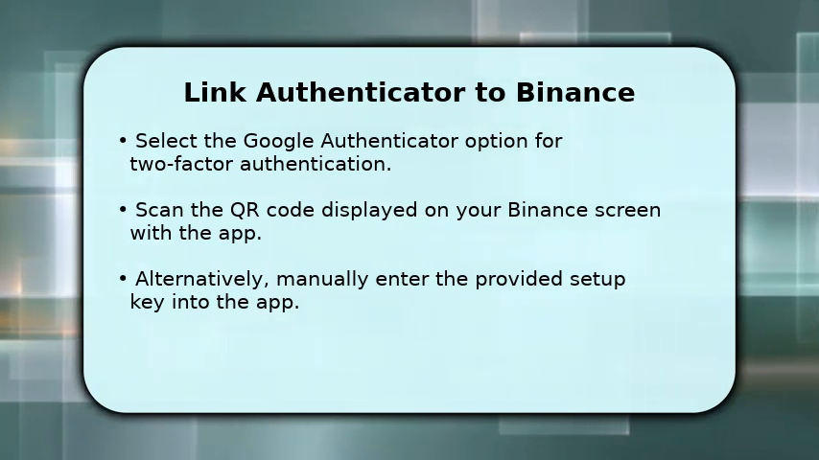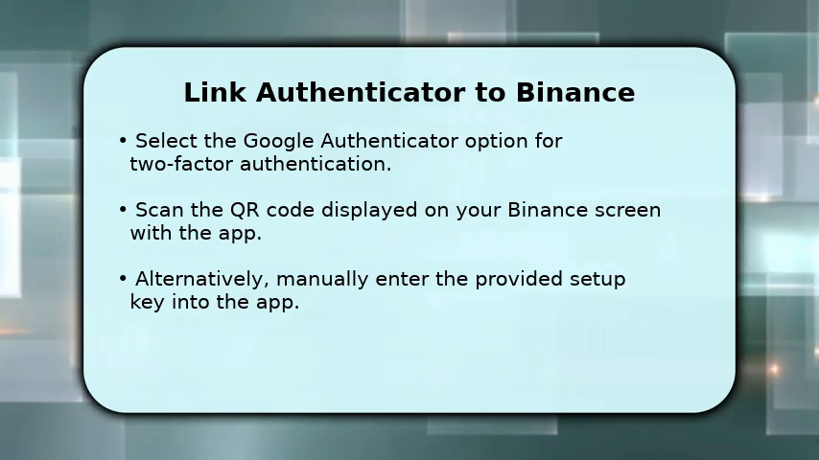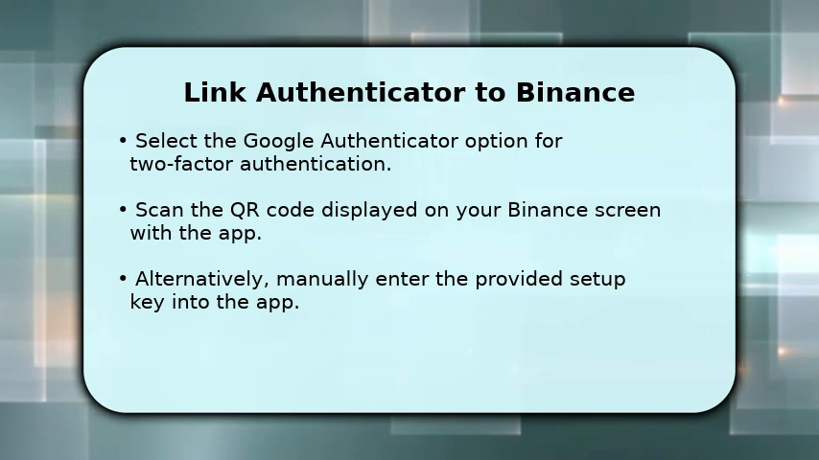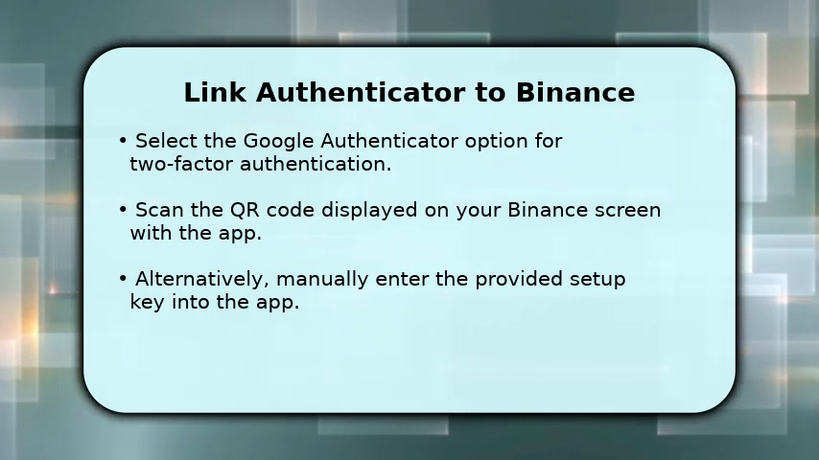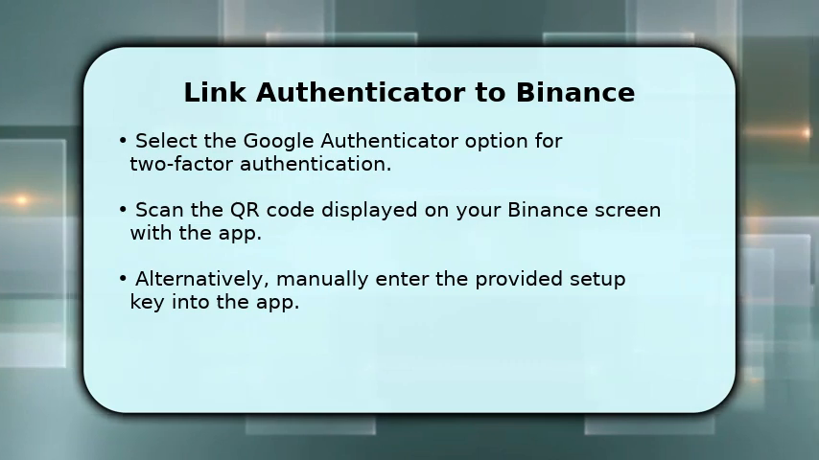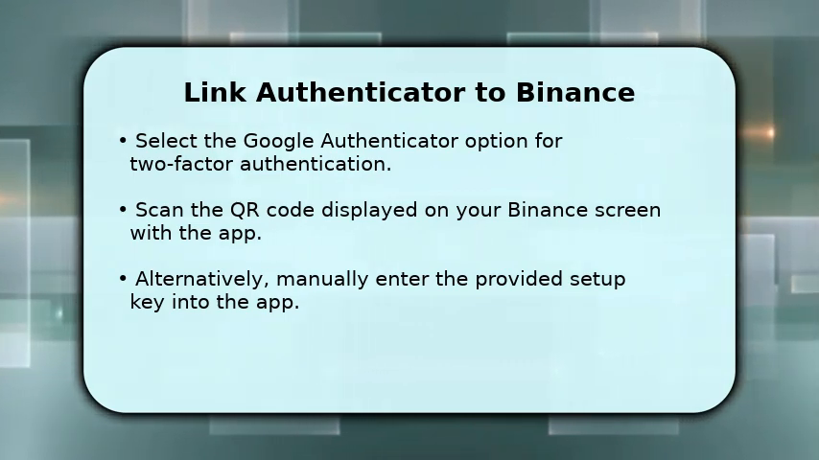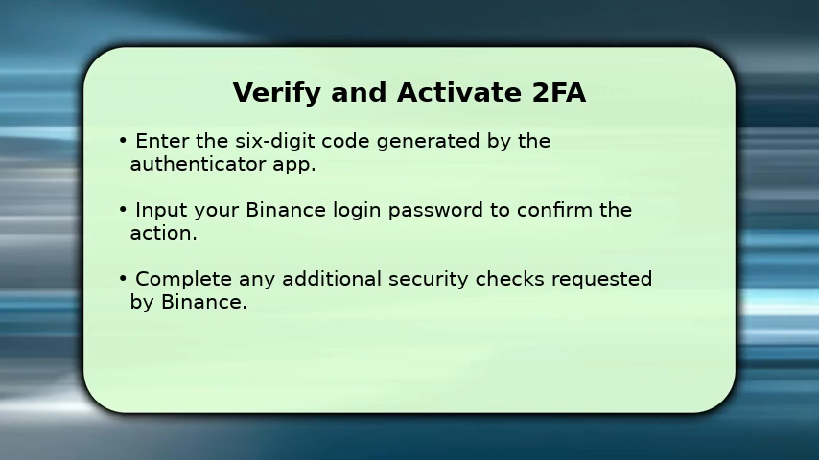Binance will then display a unique QR code on your screen. Open your Google Authenticator app and use its scan feature to capture this QR code. If scanning isn't possible, Binance also provides a setup key that you can manually enter into the Authenticator app to link the accounts. After scanning the QR code or entering the key, your Google Authenticator app will immediately start generating